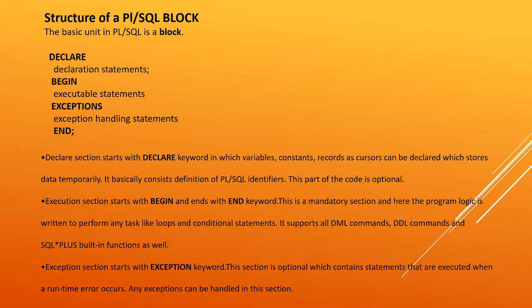All right. So let's see the syntax of PLSQL. The syntax of PLSQL is we have a structure called a block. That block has three different parts. It's divided into three different sections: declare, begin, and exception. In the declare section, we declare all the variables. In begin, all the executable statements, that is all our SQL statements, we write within the begin section. And exception is an optional section. If you want to write any exception handling statements, we write them within the exception section.